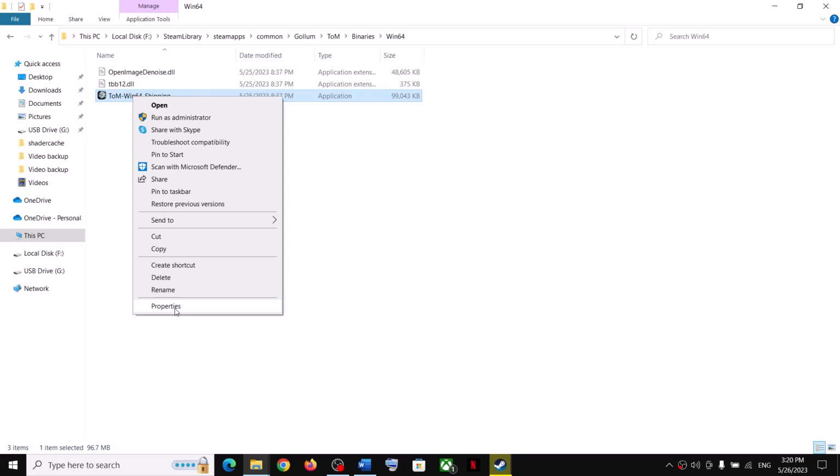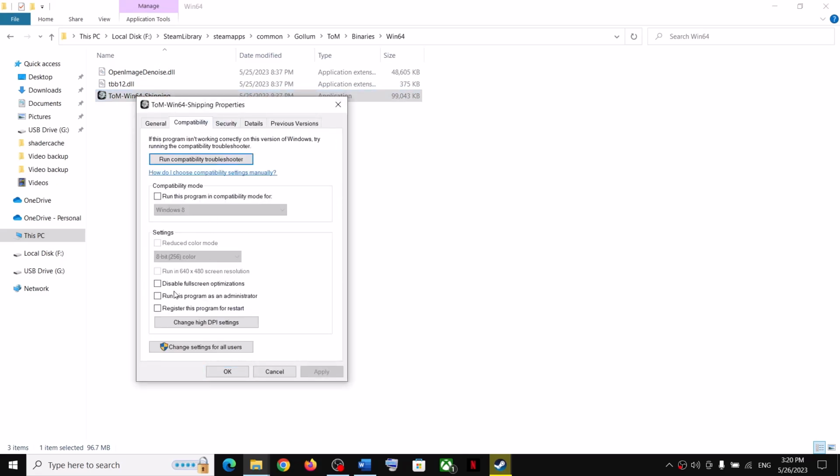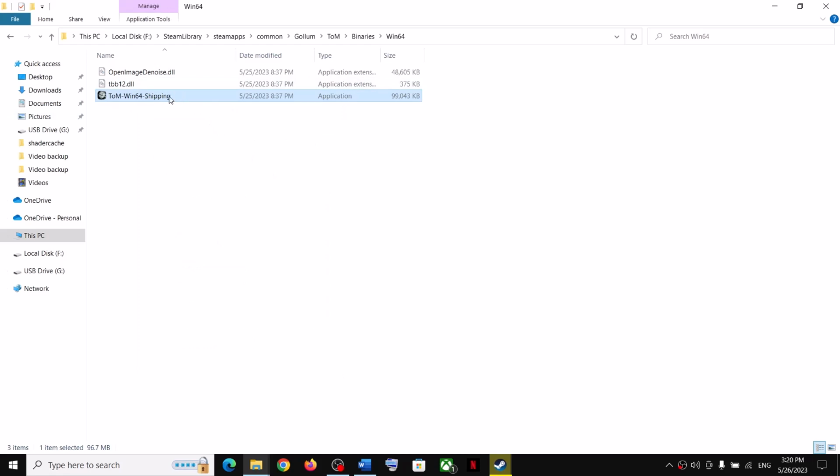Right-click, select Properties, go to Compatibility, and put a check on the box which says Run this program as an administrator. Put a check over here and then select Windows 8, click on Apply, click on OK, and then double-click and launch the game. If you are still facing the problem,